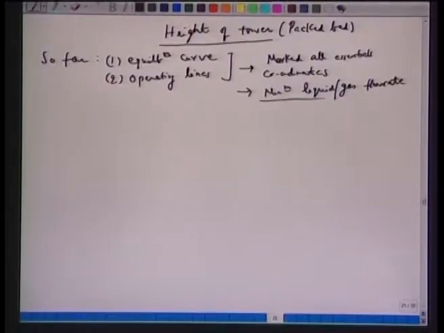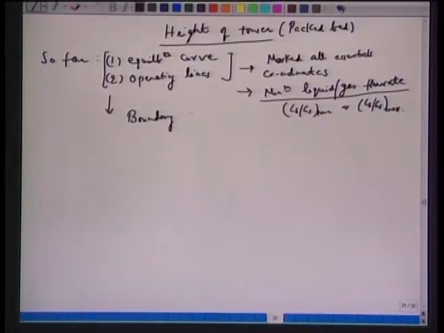So, recall in the previous example we said how to determine this Ls by Gs, min or max, depending upon whether we are talking of an absorption column or a stripping column. So, this is what we have done here, but this does not give us the height of a column, right. All it gives us is a boundary. These two, 1 and 2, decide the boundary of operating limits.